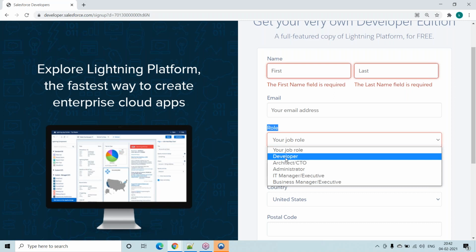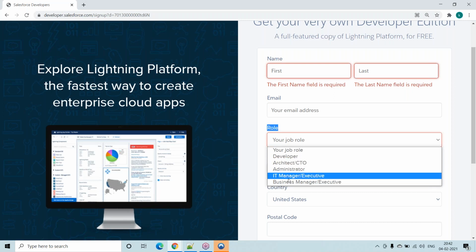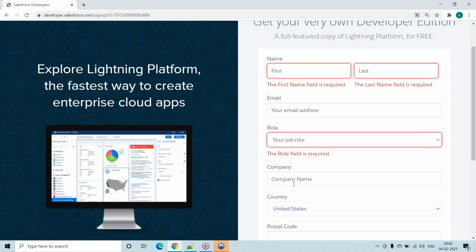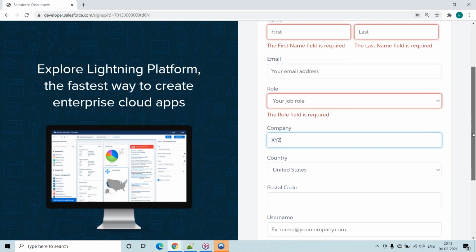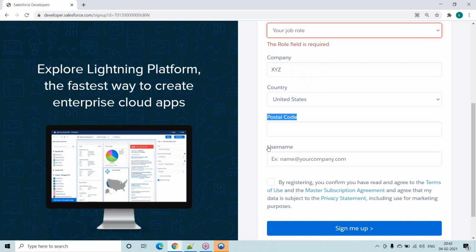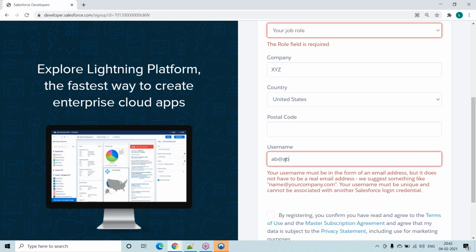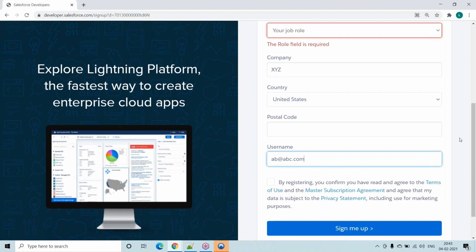While opening an account with Salesforce, developer, architect, administrator, any role, it doesn't matter. Company also doesn't matter, you can add it as XYZ. Country also doesn't matter, and postal code, anything. Then your username should be in an at-the-rate format, like abc.com, it also doesn't matter.